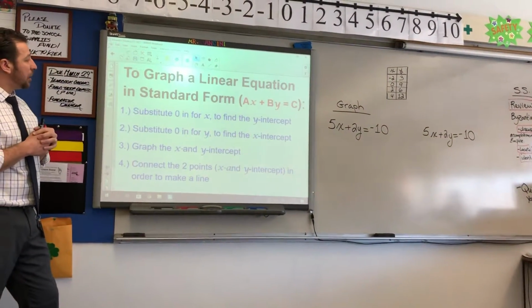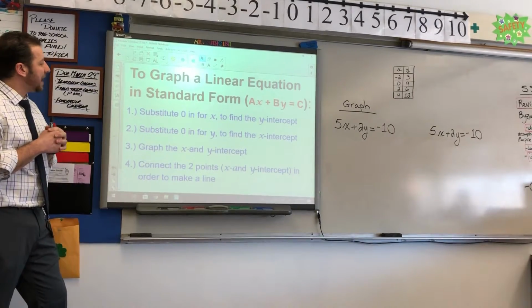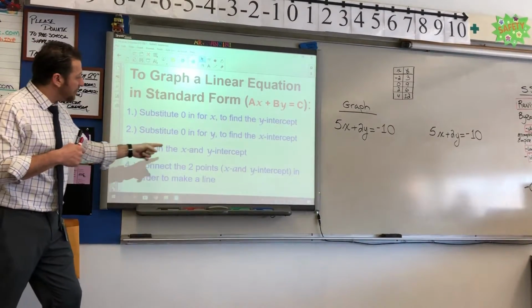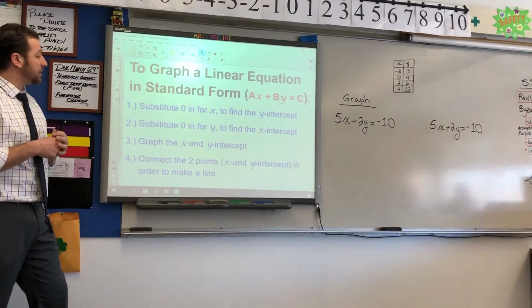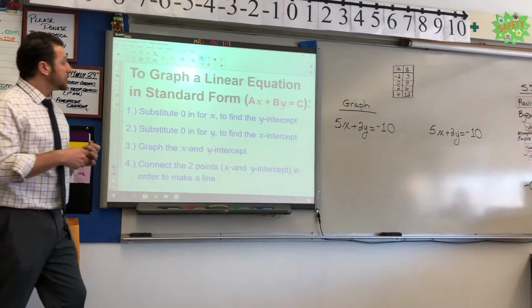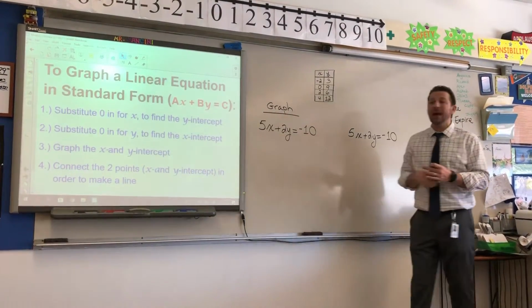Step 1, we substitute 0 in for x to find the y-intercept. Step 2, substitute 0 in for y to find the x-intercept. Step 3, graph the x and y-intercepts. And step 4, connect the 2 points, which are the x and y-intercepts, in order to make a line. So, for example, if I'm asked to graph the equation 5x plus 2y equals negative 10,